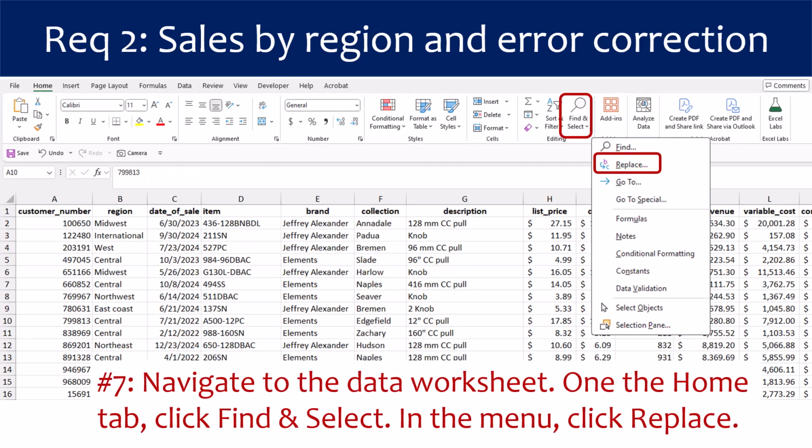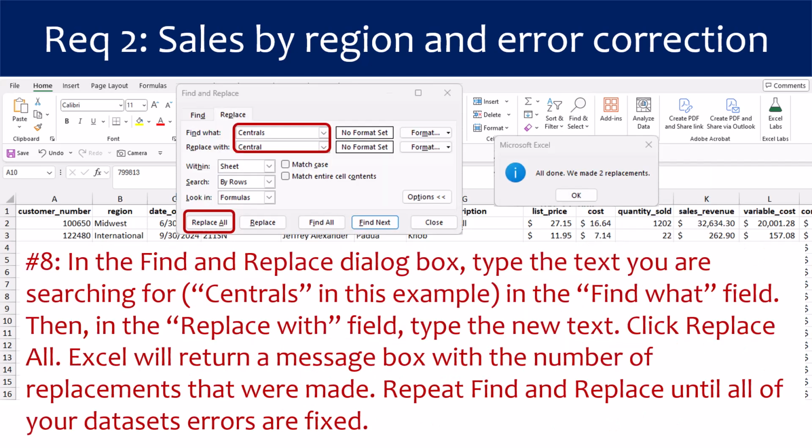Navigate to the data worksheet. On the Home tab, click Find and Select. In the menu, click Replace. In the Find and Replace dialog box, type the text you are searching for, Centrals, in this example, in the